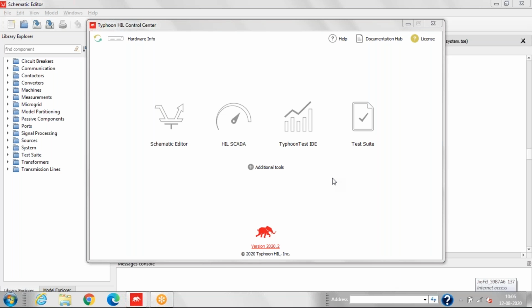Thank you, sir, for your kind introduction. So today we are going to see how we can create an IEEE 4-node system. The IEEE 4-node system can be of different types. It can be step up or step down depending on the configuration of the transformer, and it can be balanced or unbalanced depending on the type of load.